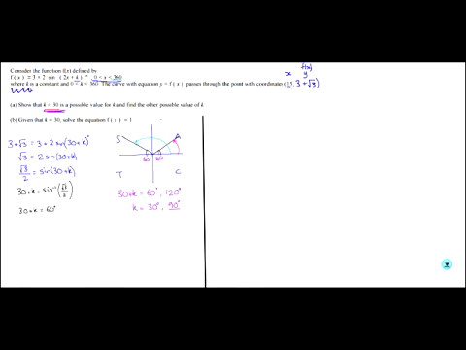Okay, so for part B, we said, given that k is 30, solve the equation, the function of x is equal to 1. So this function of x is 3 plus 2 sine, but they're telling us that k is 30. So we have 2x plus 30, and that is equal to 1. So we're just going to go ahead and go through the motions. So let's subtract this 3. So we're going to have 2 sine 2x plus 30, and 1 take 3 is minus 2. Let's divide by the 2. So sine 2x plus 30